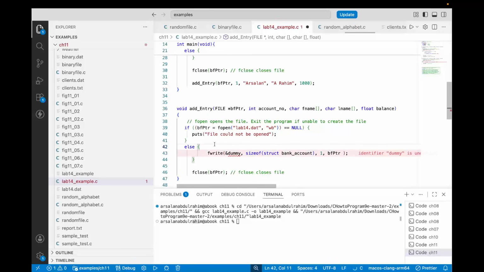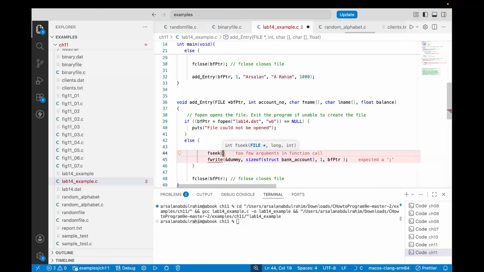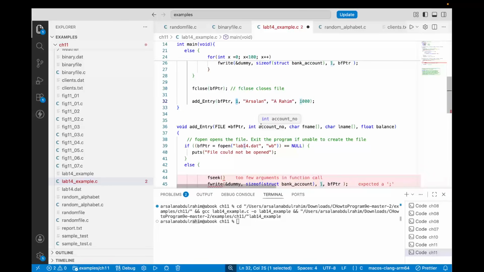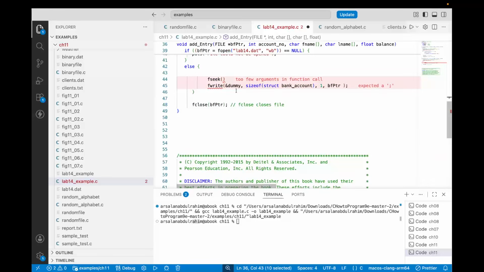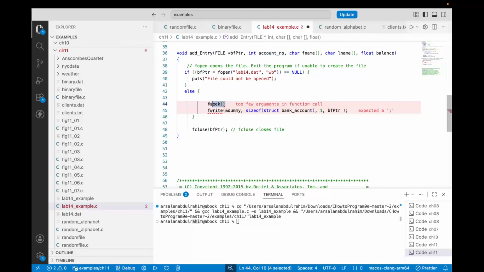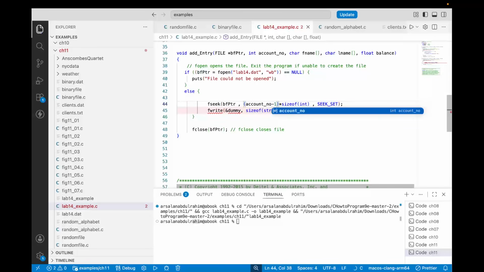And before that fwrite command, I am going to have fseek, the same command, because I know which point I want to go to. Supposedly the account number, this is that account number I want to go to. So this account underscore number is that location at which I want to add this entry. So let me copy the fseek from over there. This is my fseek BFPTR. And here, instead of 2, I am just going to write account underscore number,